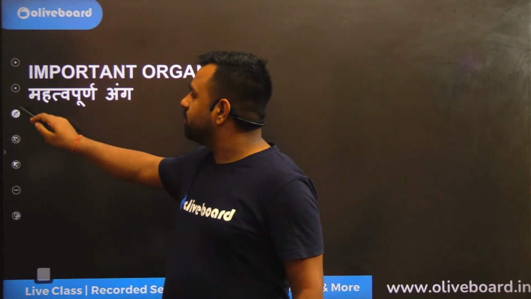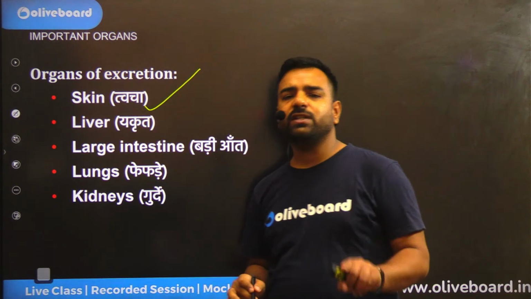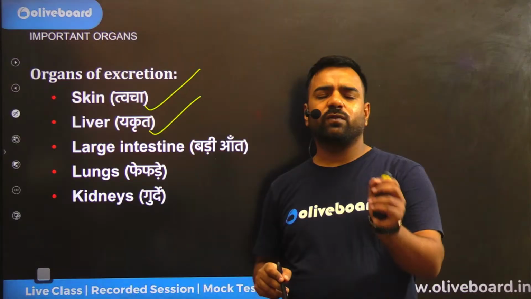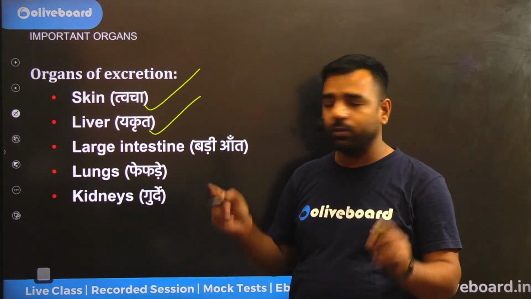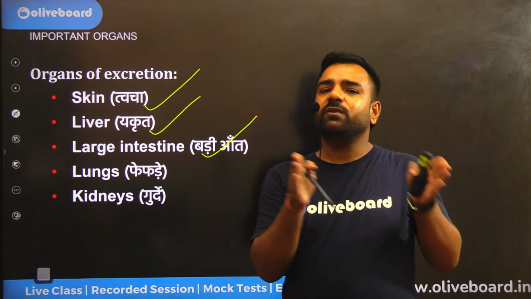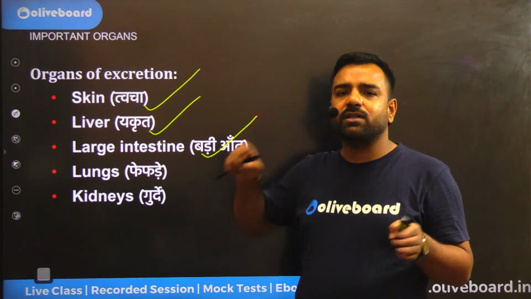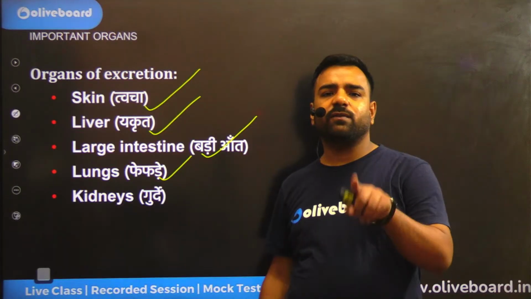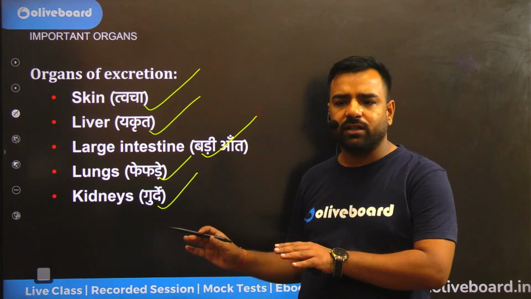So what are those organs? Let's talk about those important organs. They include the skin, from which waste is removed in the form of sweat. We have the liver, which is approximately 1.4 to 1.5 kg, converting ammonia into urea. The large intestine, where water that was there along with the waste during digestion is absorbed. Then we have the lungs, from which carbon dioxide waste is removed. And finally the kidneys, which we have already discussed. Now,